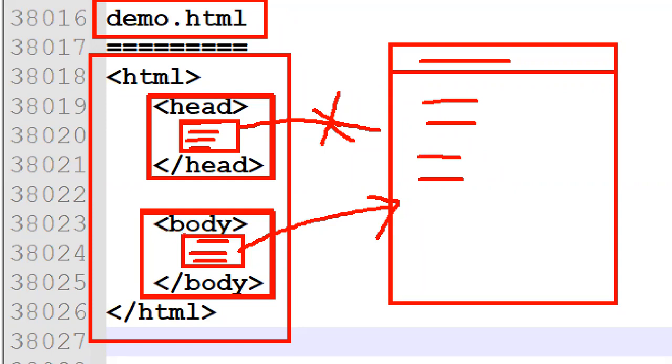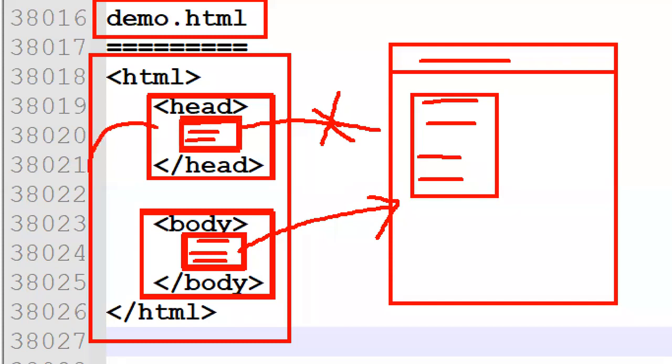Body is a parent, and here there are n number of children. Only the body tag's child tags are there, so only these tags' content is displayed as our application related content. Then what is the use of the head section? The tags in the head section give some extra information to the body tags, guys.